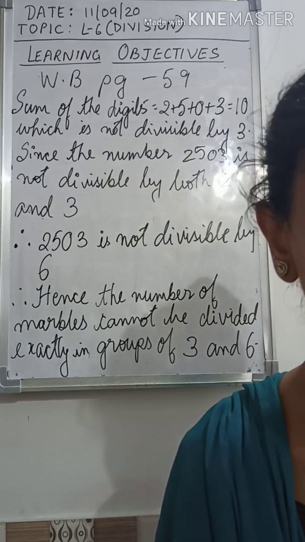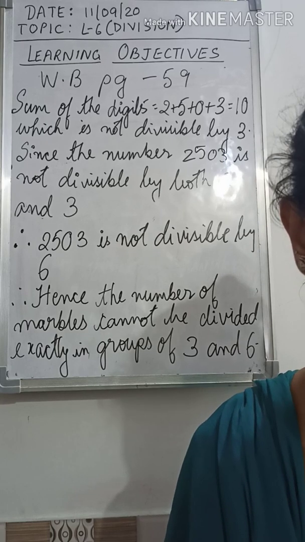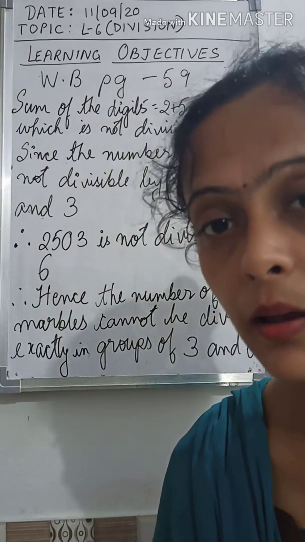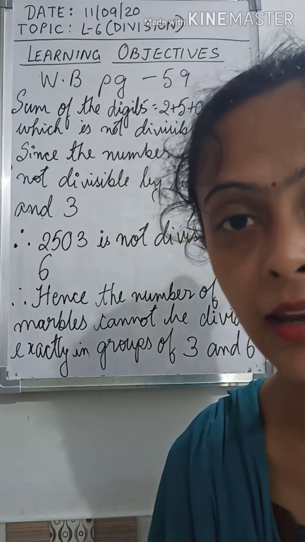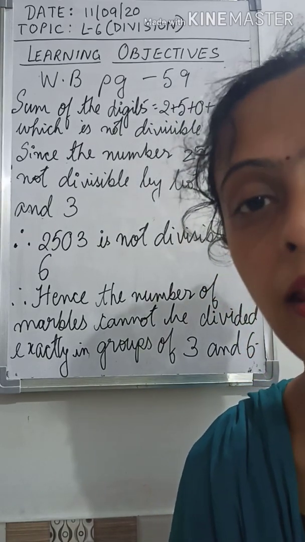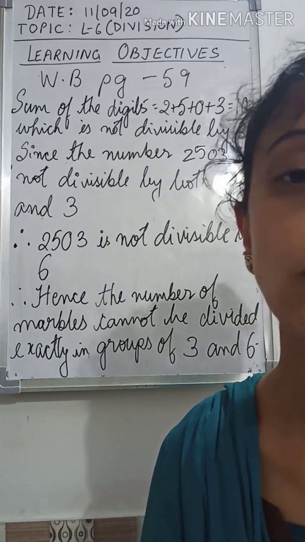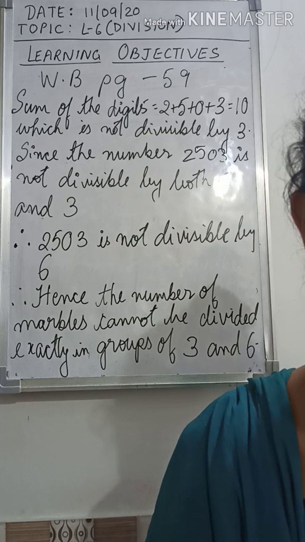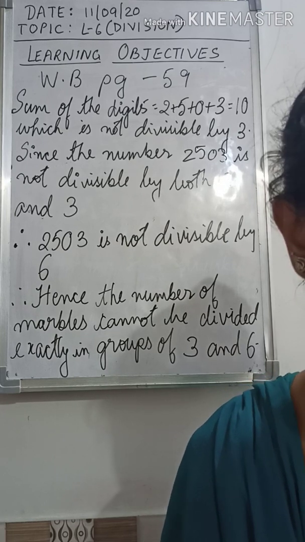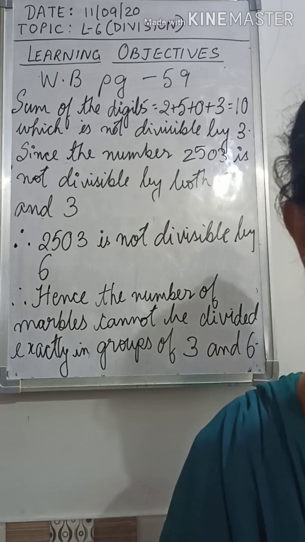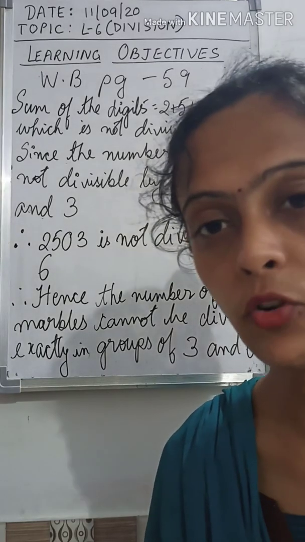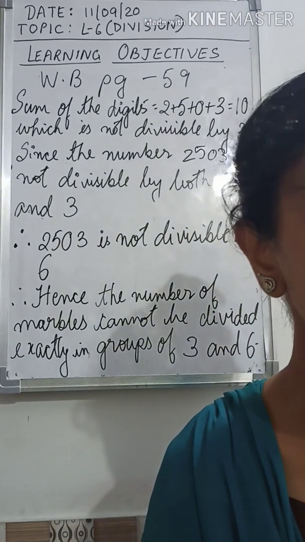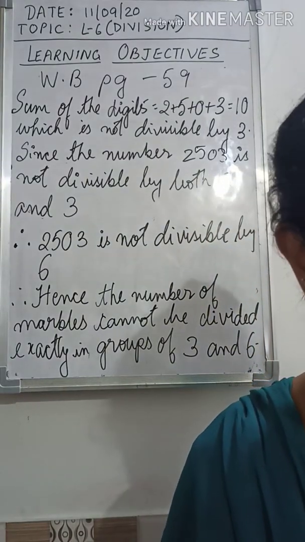You are asked in the question to check if any amount is left over. So if you get a number which is not divisible by 9, that means you will be getting a remainder, that means an amount will be left over. You have to make your own statements, and in the final you write whether any amount is left over or not, by using the divisibility rule of 9. So question 18 is your homework.